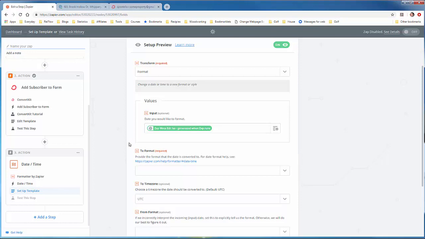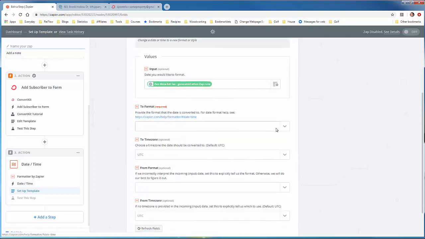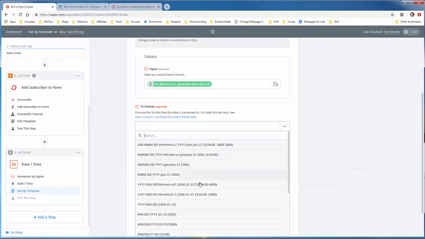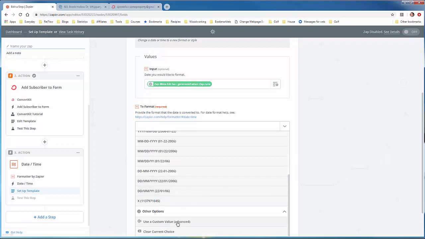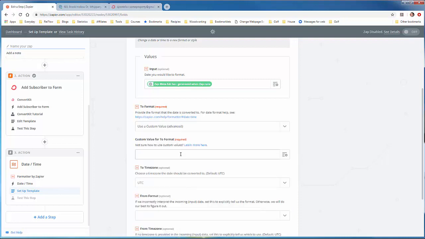And now we want to format that current date into a specific format that I like. They give you some options up top, some default options. None of those quite fit what I wanted, so I'm going to use a custom value advanced. And then this format will be in the year, month, day format. So for the year we do 4 Y's, capital Y's, dash, capital M's, dash, capital D's, 2 of them,